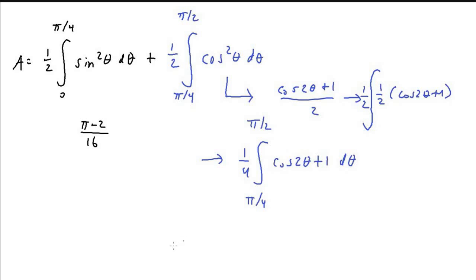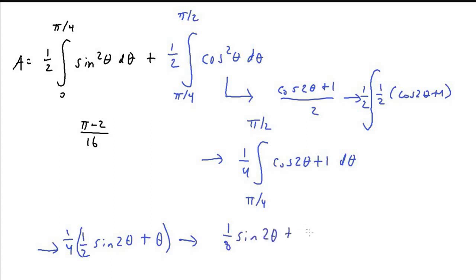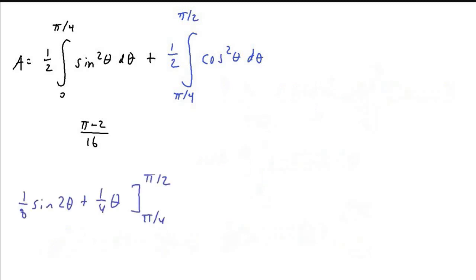Now the integral of cosine of 2 theta is 1/2 sine of 2 theta. And the integral of 1 is just theta, so plus theta. We have a 1/4 on the outside, so we get 1/8 sine of 2 theta plus 1/4 times theta. And we're going to evaluate from pi over 4 to pi over 2. So when I plug in pi over 2, we'll get 1/8 times sine of 2 times pi over 2, which is pi, plus 1/4 times pi over 2, or pi over 8,